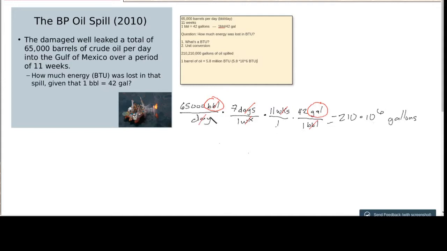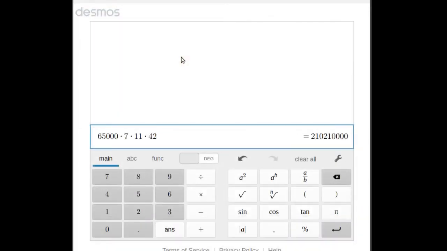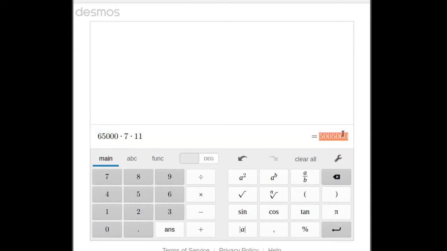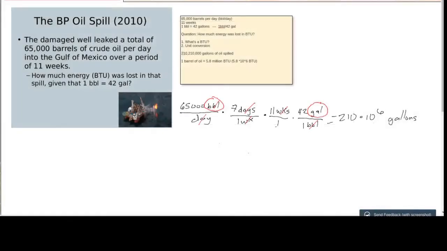And the way that I do that is that I notice that the thing that turned it into gallons instead of barrels was that last step by multiplying by 42. So if I back it up 1 and undo that 42, I'll get the number of barrels. So let me go back over to the calculator and undo that 42. And I get, let me copy that again. This is going to be the number of barrels. So I got that, go back over to the whiteboard, and that's 5